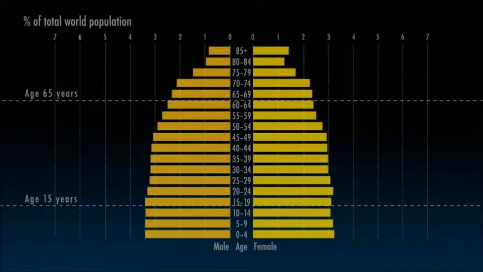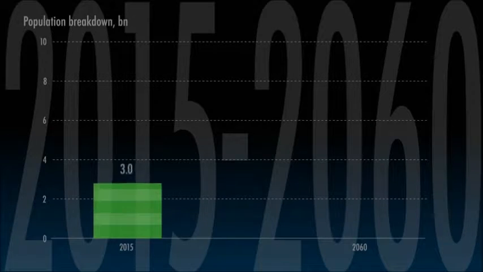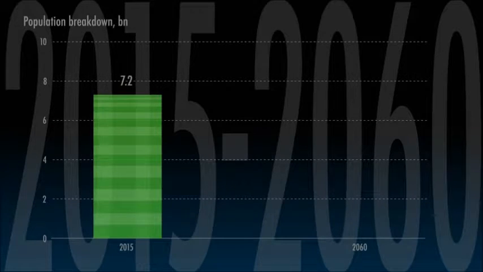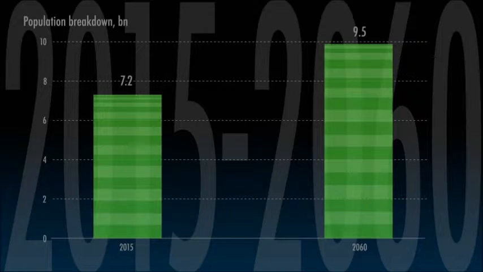So, by 2060, the dome will have come and gone, and now the shape of the population looks more like a column, or perhaps an old-fashioned beehive. It's a little fatter near the bottom, and curves in at the top. But up to the age of about 50, the generations are of almost equal size, and the shape has vertical sides. The size of the Earth's population is still rising, from 7.2 billion in 2015 to 9.5 billion in 2060.